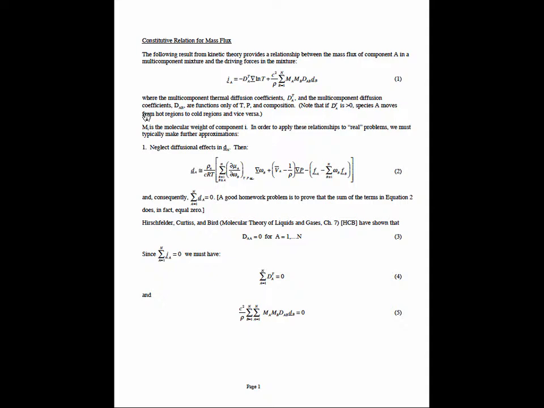So the results that I'll present to you, which follow closely what's in your textbook on this, come to us from kinetic theory of gases, and it's derived based on the notion that the mass flux is driven by gradients in chemical potential, and then how does the chemical potential depend on concentration, pressure,